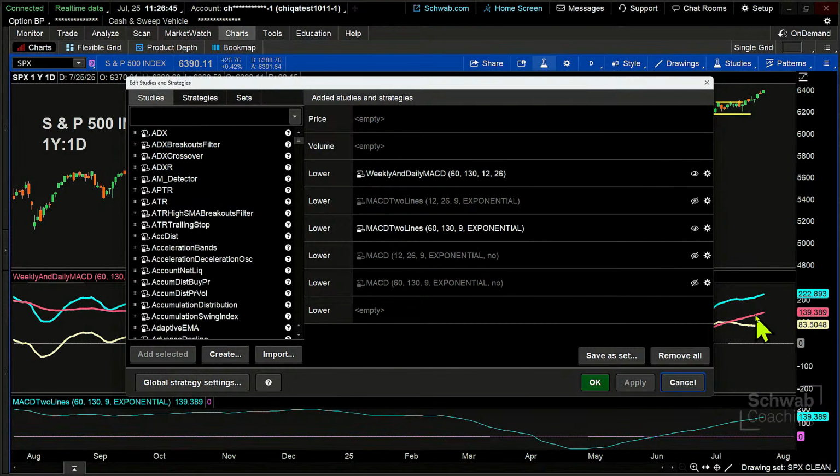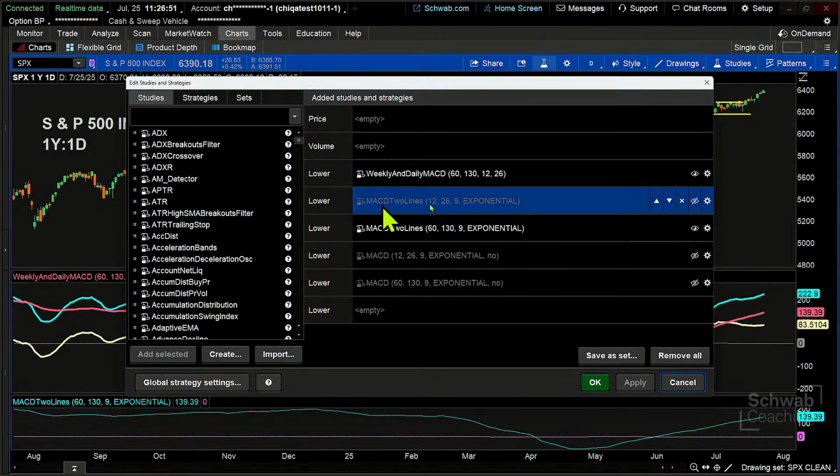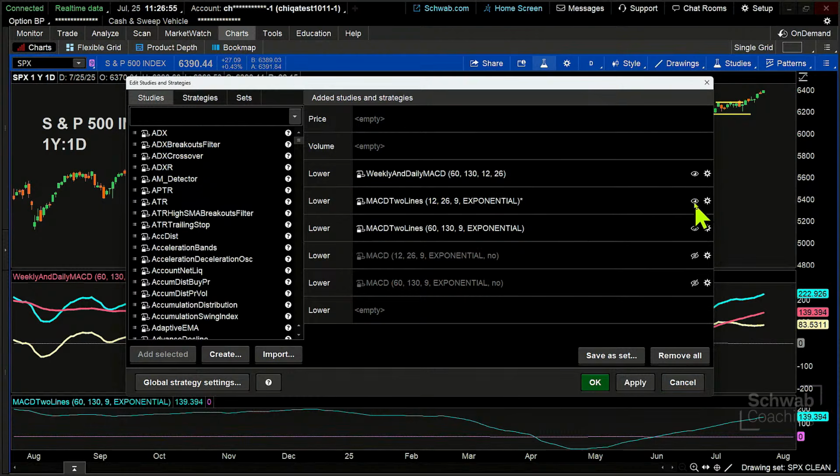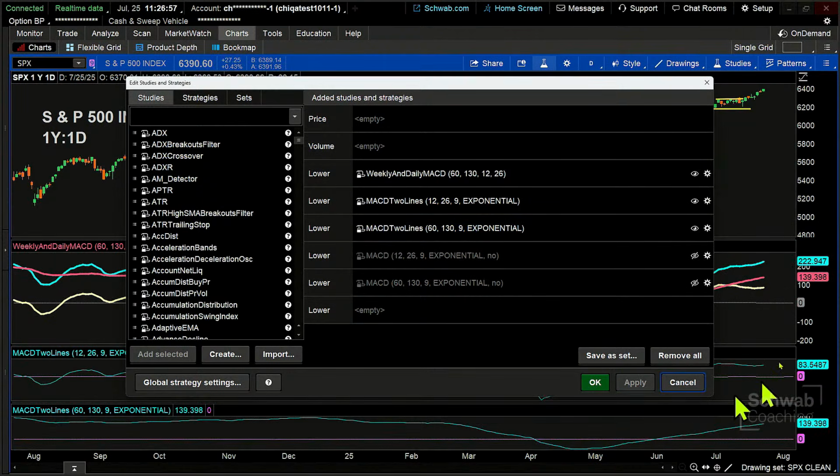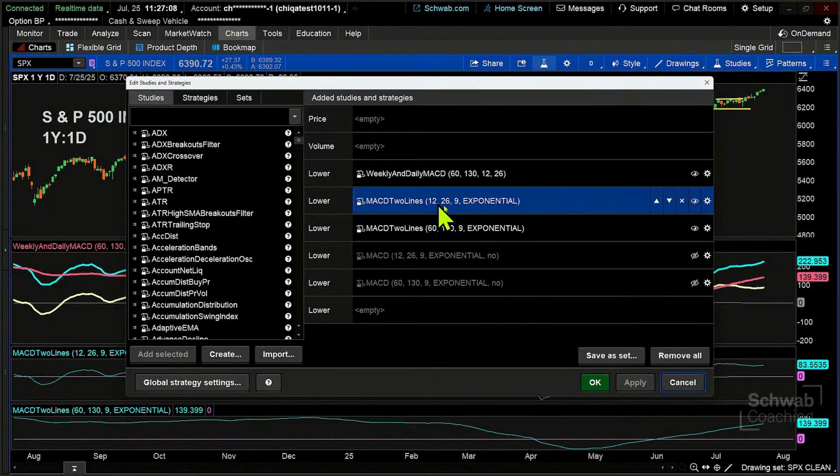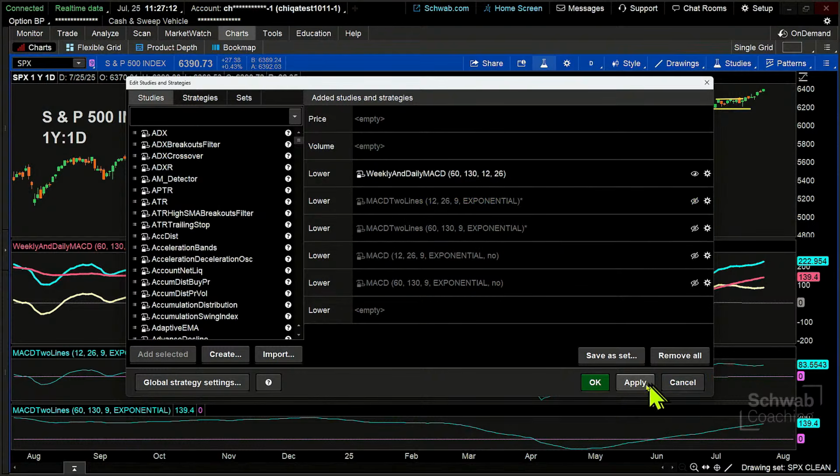That's the red line here on the combined indicator on that weekly and daily. Now, if I were to turn on my regular MACD, turn on that eyeball and click on Apply, that's the daily line. So this blue line is the sum of those 2. Much like in the regular MACD, we've got the 12, 26, and 9. So I'm going to turn the eyeballs off on those 2, now that you know what those refer to, and click on OK. And here we have our technical indicator.